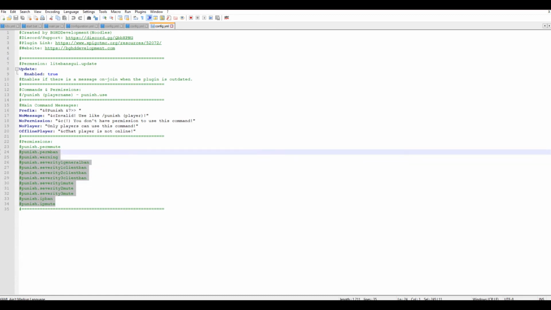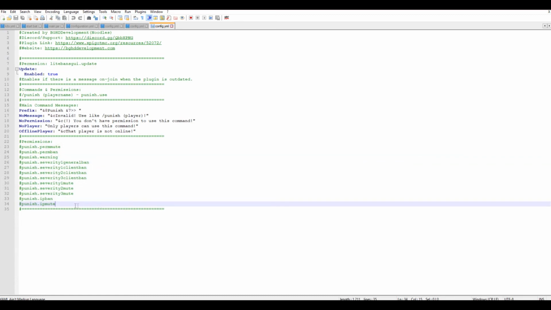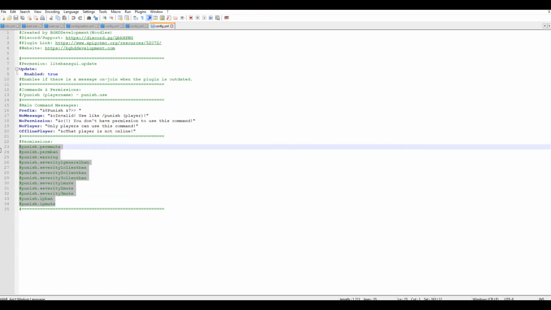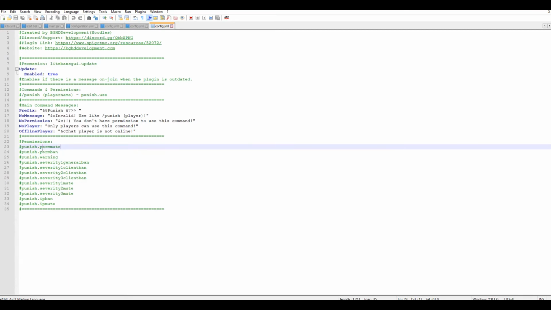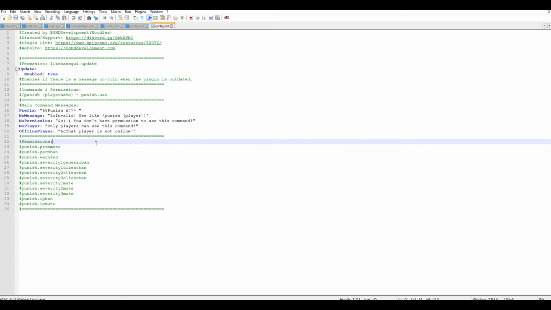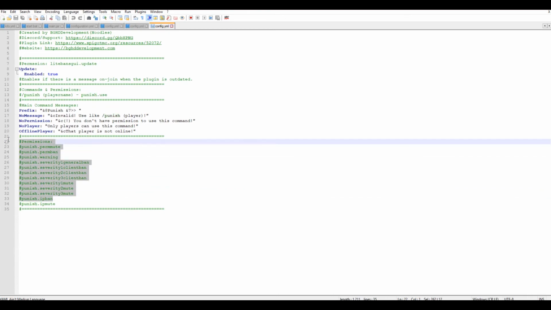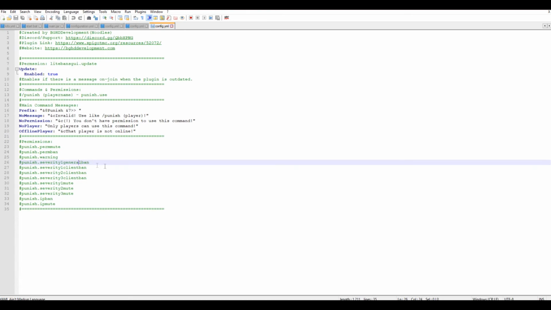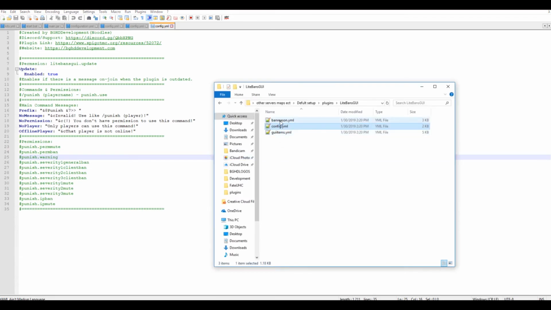Then you got your permissions. You need to give these along with your LiteBans permissions. So the player needs to have both of these permissions, like this permission and the LiteBans permission, to be able to use that in the GUI. If they do not, they will have a no permissions message come in. These could be given to only trusted staff members, and you can figure out who you want to give it to on your server, but I recommend only giving it to trusted staff members